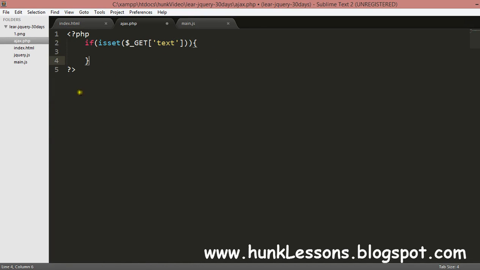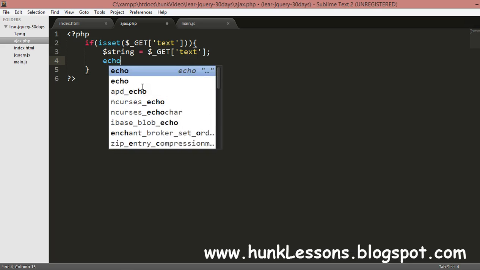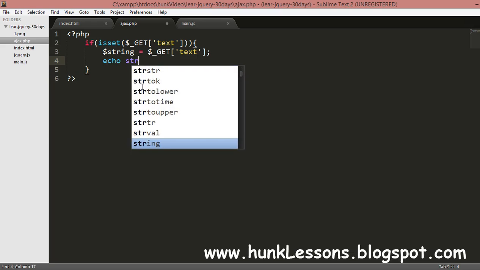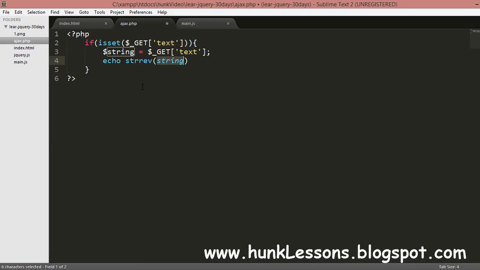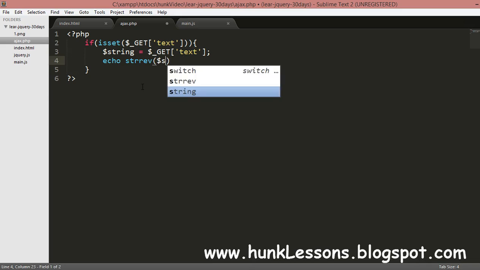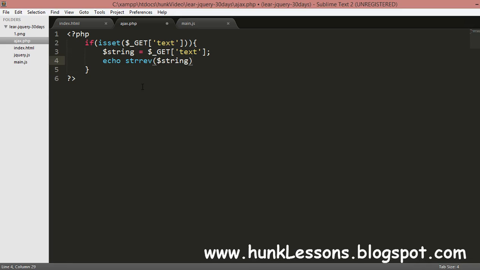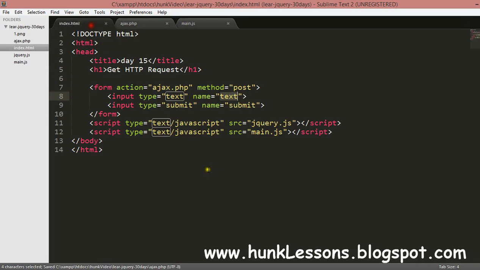We create a variable $string equal to $_GET text. We will reverse that string using strrev, that's the function I know. strrev of $string. Okay, now we will show the page.